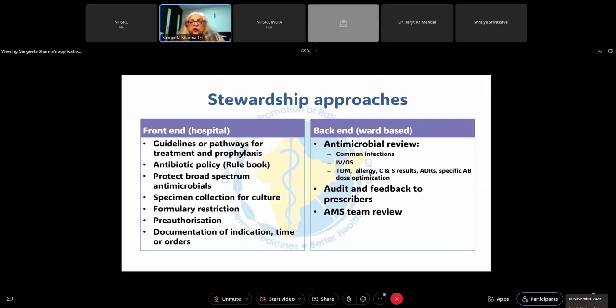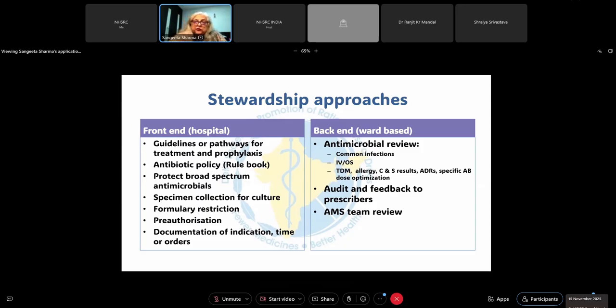Most often they don't know. The aim is to protect the broad spectrum antimicrobials, because they are the ones which save the patient. If the patient is suffering from some life threatening infection like sepsis when they present to us, postpartum septicemia is a real cause of death that we see very often.